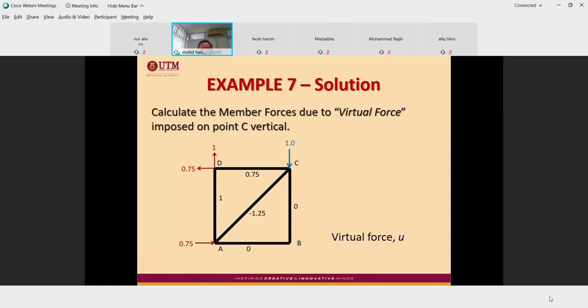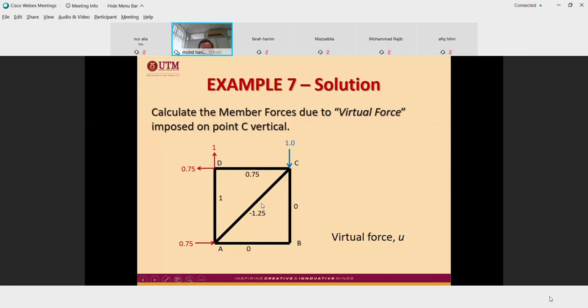So you cannot use the joint method, you cannot also use the cutting or section method, or resolution. The best thing is if you can use this method, where you can straight away calculate what is the force in each member. Okay, so this is 1.25,